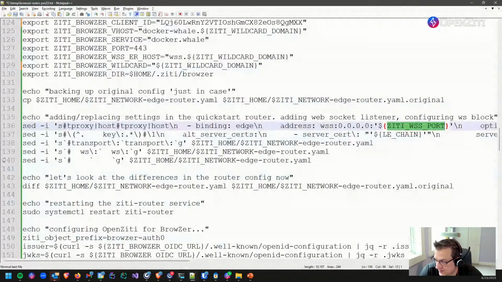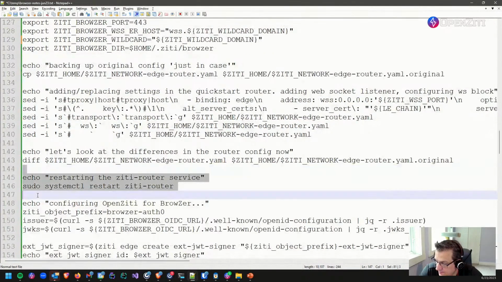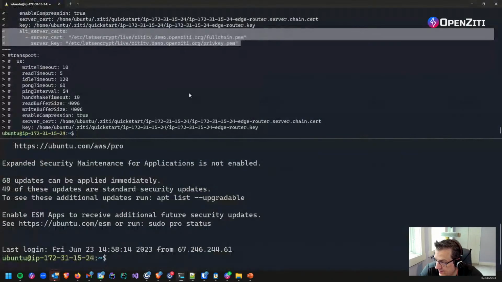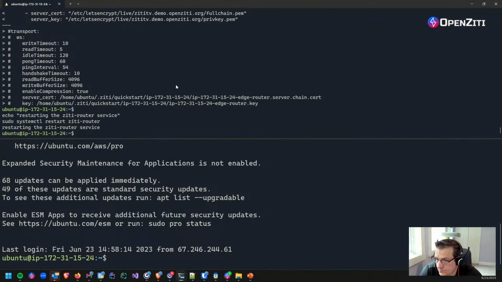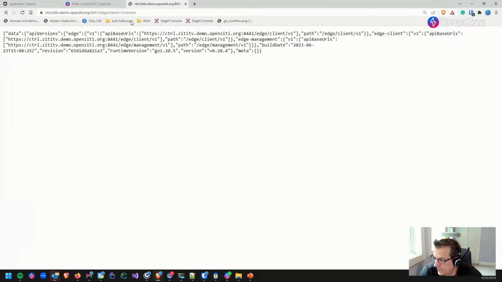And so that's what those magical sed commands ended up doing on your router config. And so now if I reset the router,